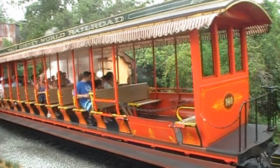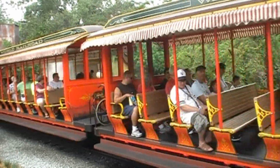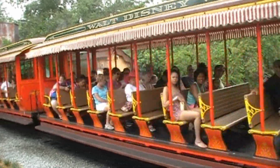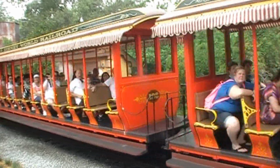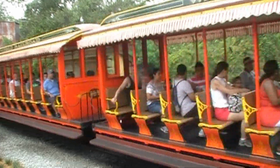Looks like we're ready to embark on the next leg of our journey. Our destination is Main Street, USA. Now, everyone stay seated and keep your hands and arms, feet and legs inside the train at all times. And please,